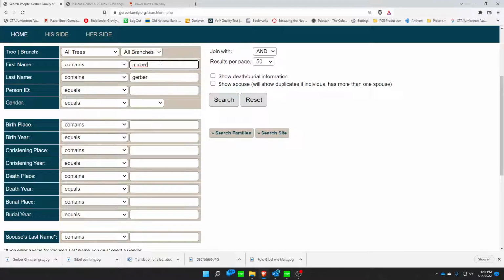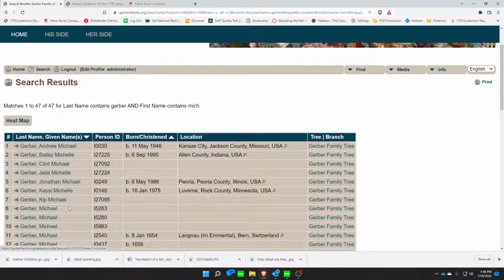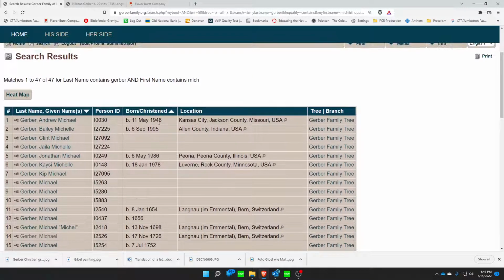So like in Michael Gerber, if I didn't know if it was Michael or Michel, I could just try Mitch and search, and it should come up with both. It also comes up with Michelle. But so then you can see you can sort by the christening dates or whatever, and that'll help find more